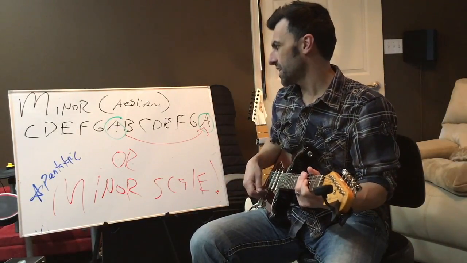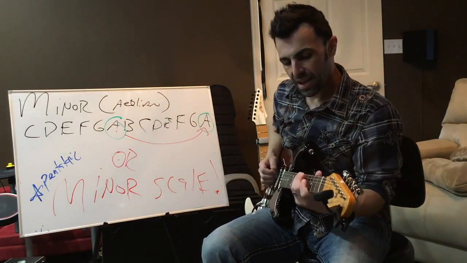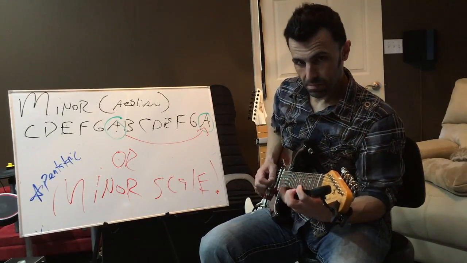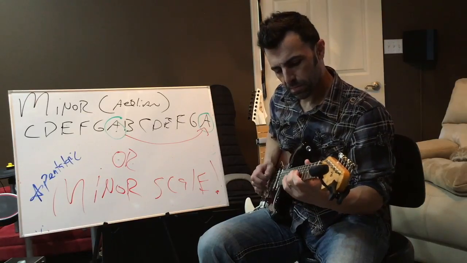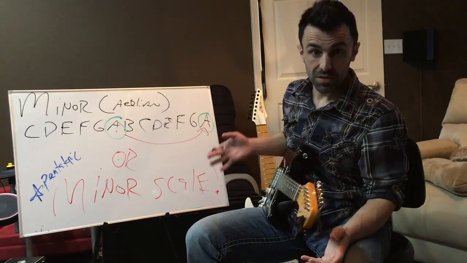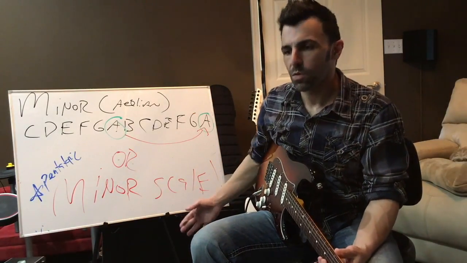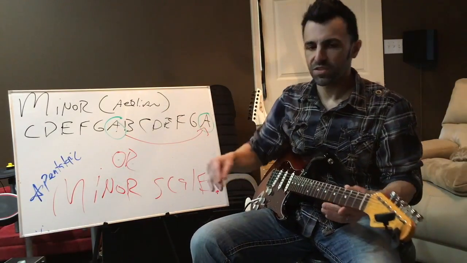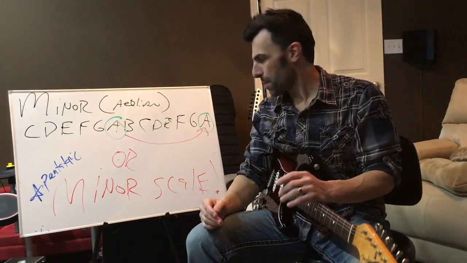So, of course, anytime we're faced with an Aeolian or a minor situation, we can play the natural minor or the pentatonic. Which brings me to the next point. We always have a second option. I don't call it a backup, because sometimes it's better to use this one than it is to use this approach. This is all whatever the case happens to be at the time it's presented to you